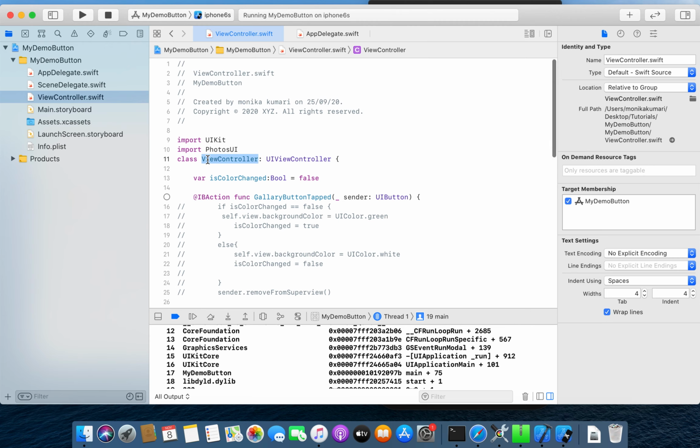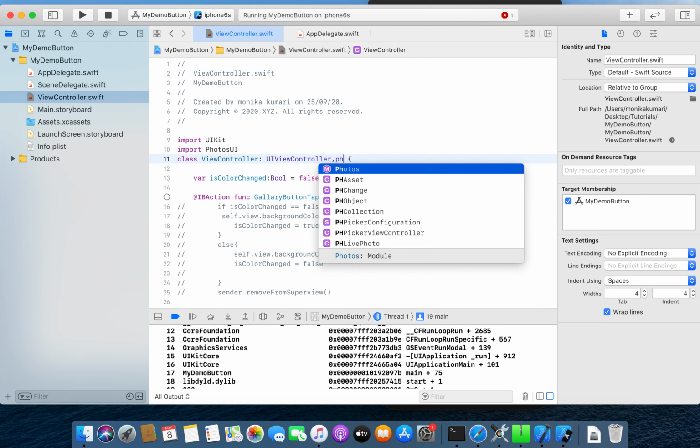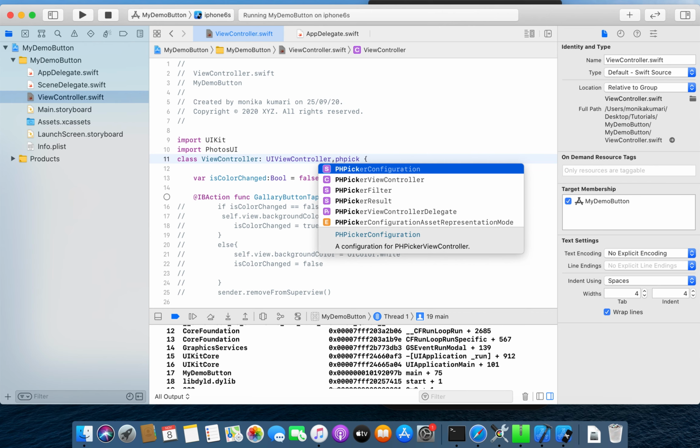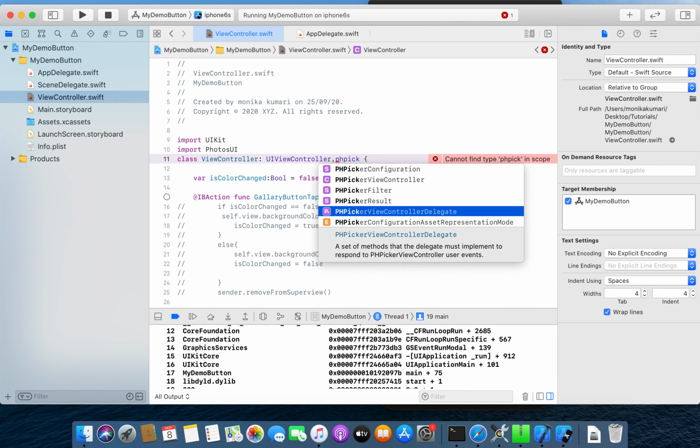We will go to the ViewController class. ViewController class is the subclass of UIViewController, and also we will here implement the delegate by writing PHPickerViewControllerDelegate here.